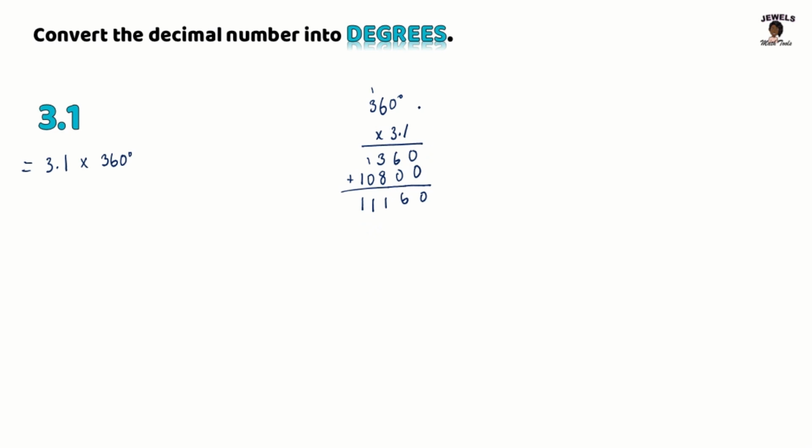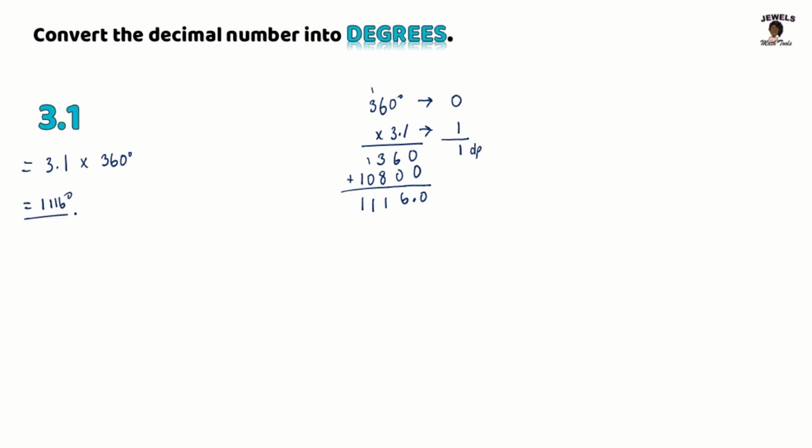So now we're going to go back to our numbers because we are multiplying with decimal numbers and count to see how many digits are behind our decimal point. So in my 360 degrees, there are no digits behind the decimal point. And in my 3 and 1/10, there is 1 digit behind the decimal point. So in total, in our answer, we should have 1 digit behind our decimal point. So we're going to count our 0, which is 1, and add in our decimal point. So my 3 wholes and 1/10 in degrees is